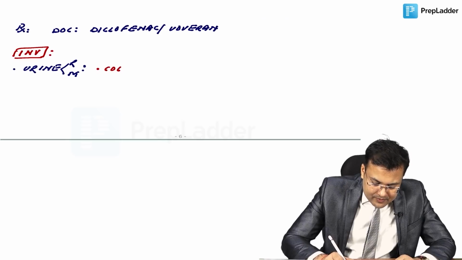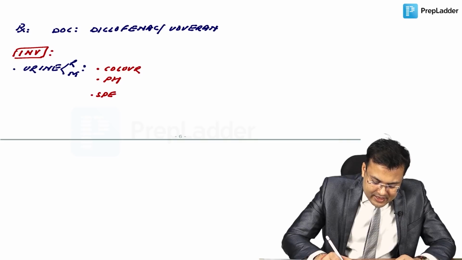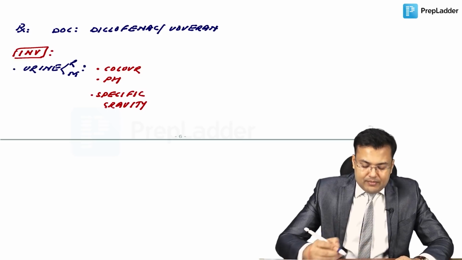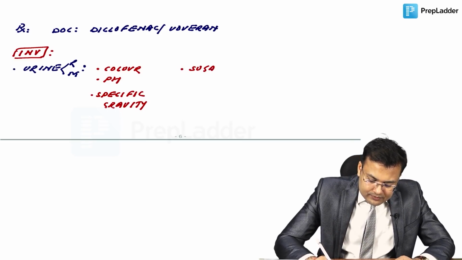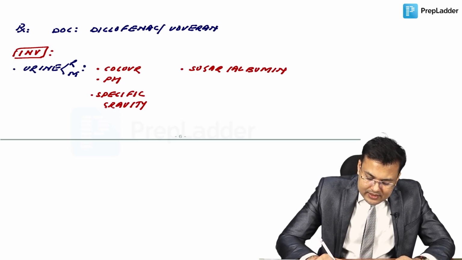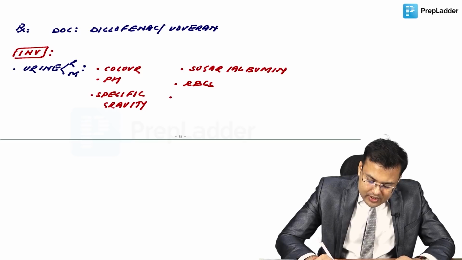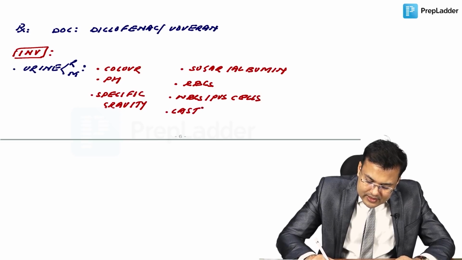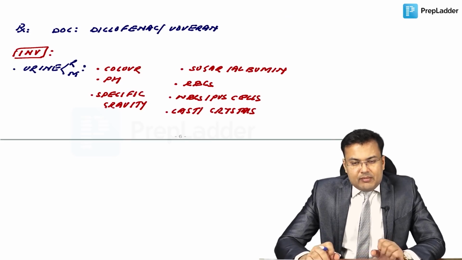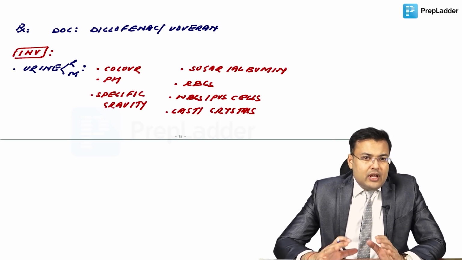First, color, pH, specific gravity, presence of sugar, albumin, RBCs, WBCs, pus cells, cast and crystals. Clear? So basic information will be there from this urine RM report, and you will be having